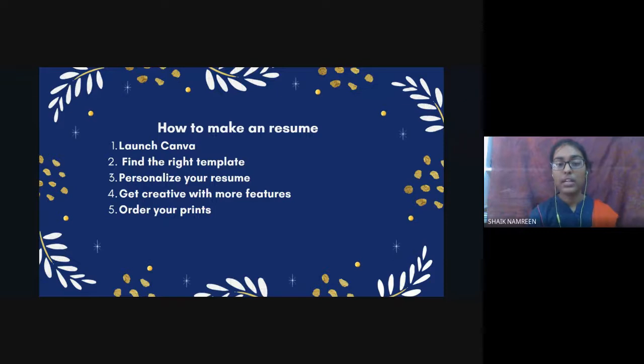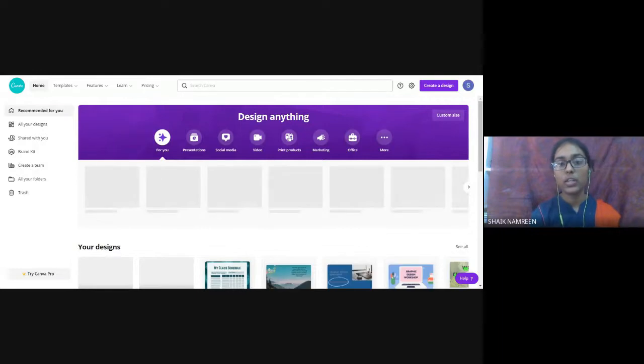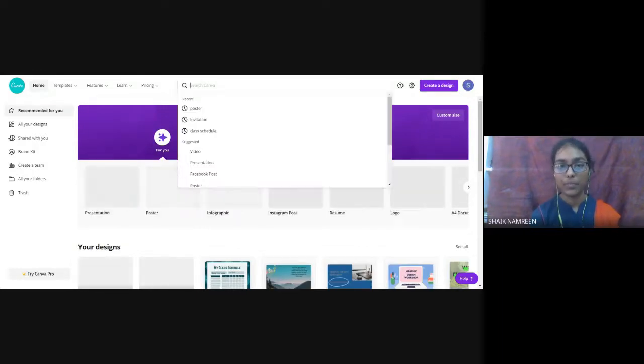You can add creative features and so on too. You can order your resume like this, as prints like posters. Next, first of all, I will show you hands-on how resumes are created. Then we will go for the phone view of resumes, because most of you may be using your phones, and that's why you need to know how resumes are created in phone view. So that it would be helpful.